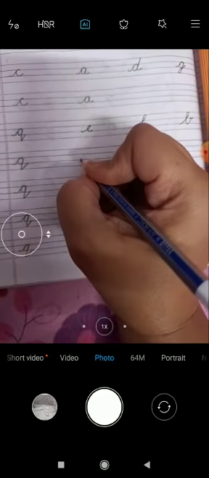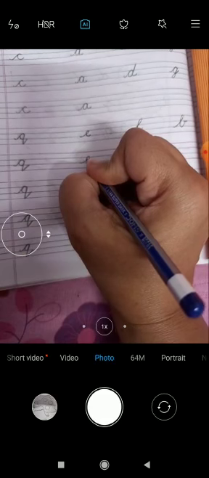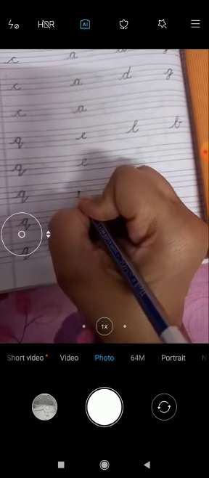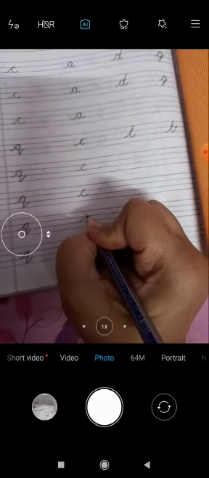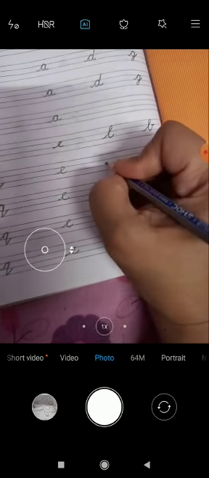Then E. Slanting line, go up, curve, slanting line, go up, curve, slanting line, touch the black line and say just E, A, E, A. Then L is a long loop.